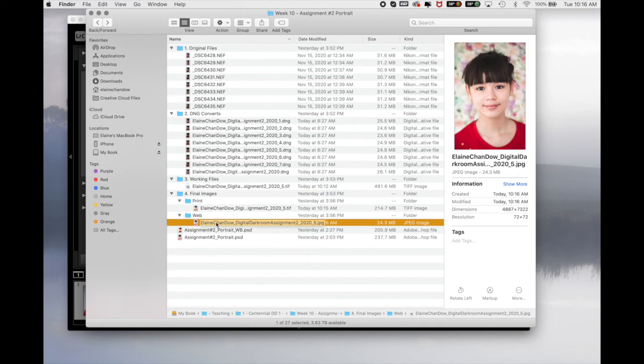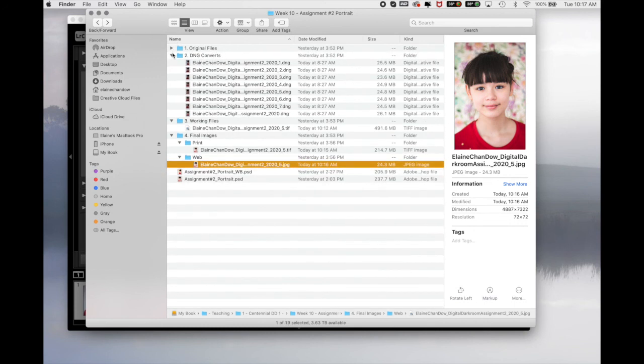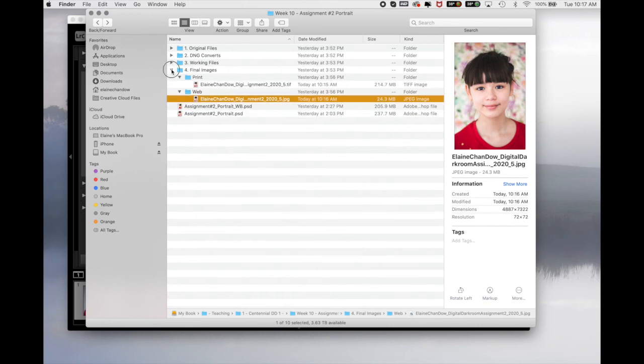Okay, so take a screenshot of this if you're on a Mac. If you don't have a Mac, then unfortunately you just have to take a screenshot individually and then submit it. Okay, so that's the end-to-end workflow, a digital workflow system that will help keep your images neat and tidy,